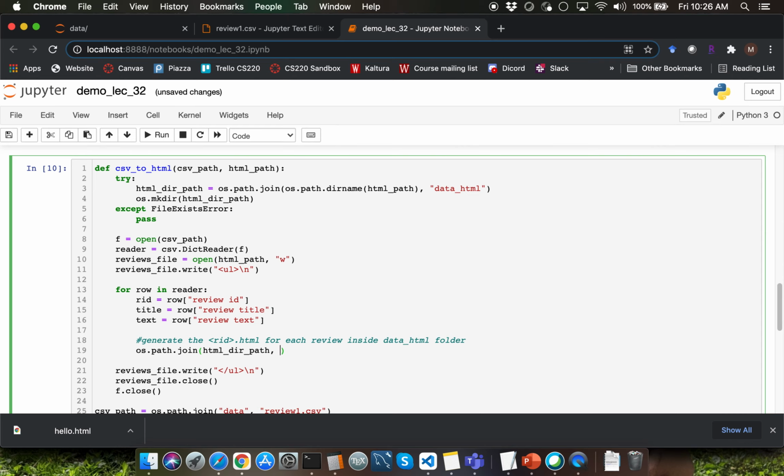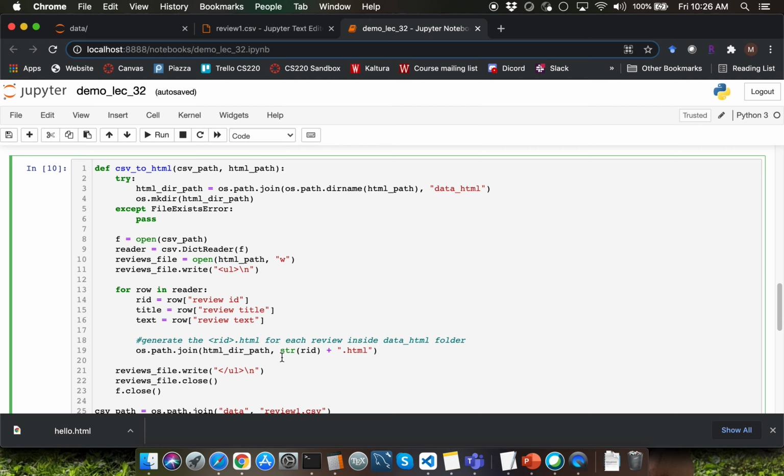To that, I want to join the review ID here, which is given by the RID variable. Just for safety, I'm converting RID into string type explicitly. And to this, I have to concatenate .html. So you're going to end up creating one review id.html file for every single row within your CSV file.